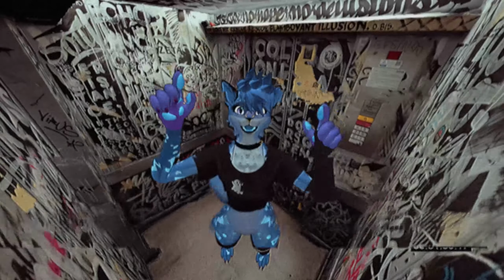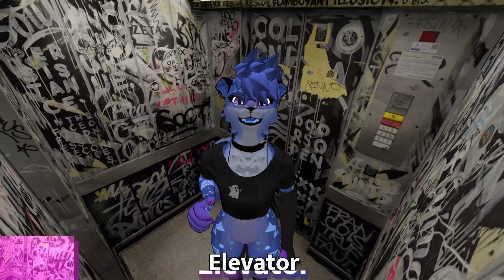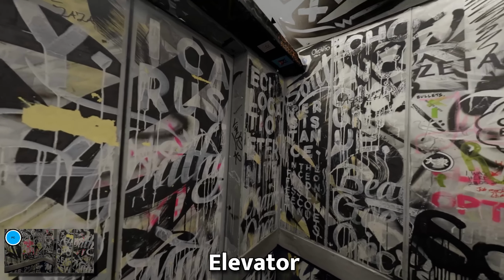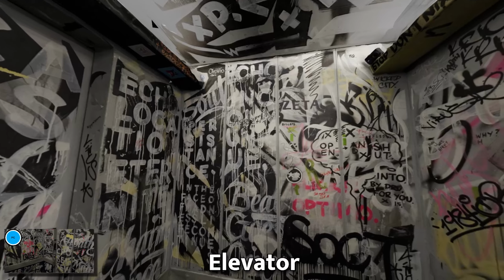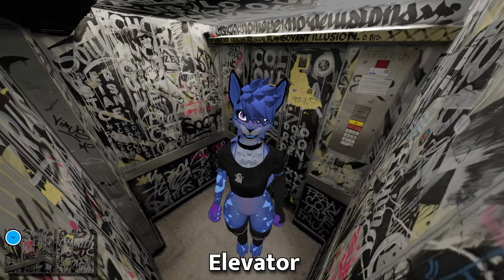All right, welcome to Elevator. Yeah, Elevator. I don't think I'm gonna need to do any flyby shots of this one, because this is it. This is the whole world. That's all you get. I wanted to include this one as an example of photogrammetry in a confined space with